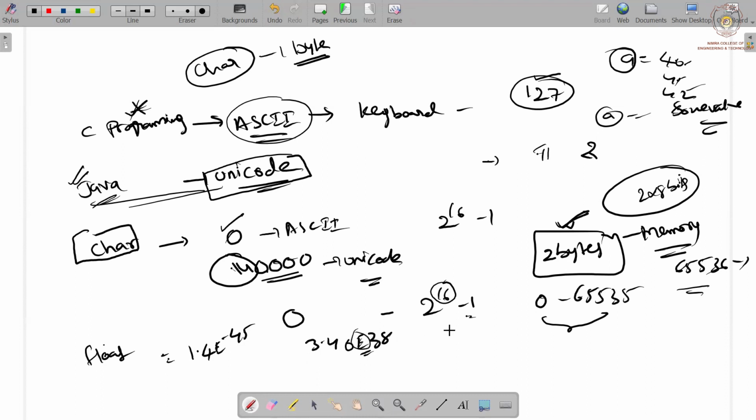E here indicates 10, 10 to the power of 38, and 10 to the power of minus 45. So float and double are like infinite values. If you want to define that, you can define with the help of float and double. But if you want to do any scientific or precise calculations, then you will go for